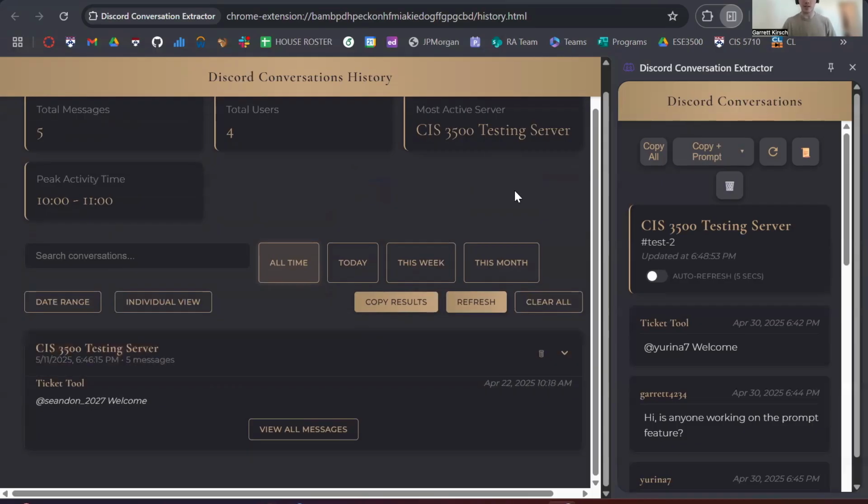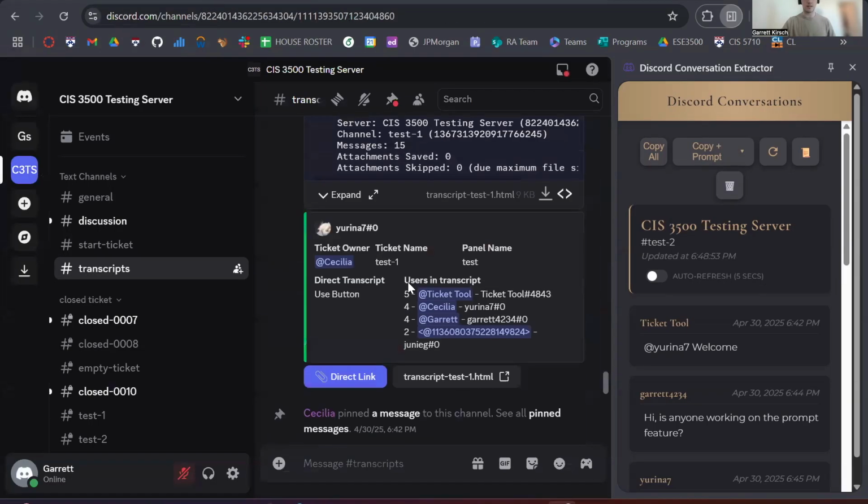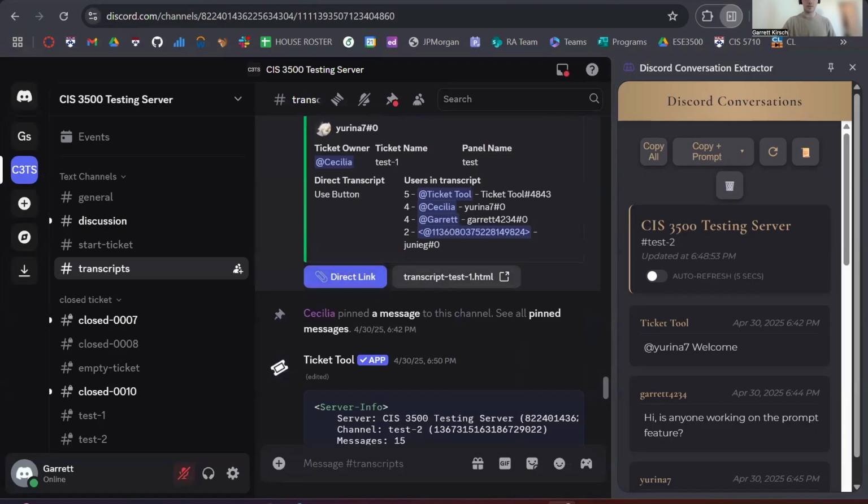Is there anything you guys want me to show, or are we good? I think we can just briefly show the delete feature, the ticket deletion. Oh, yes. Okay, so I'll add one more ticket to the mix